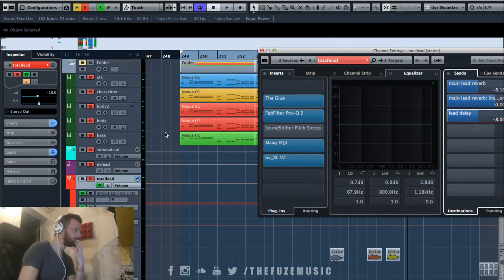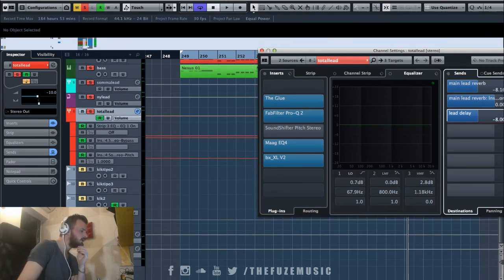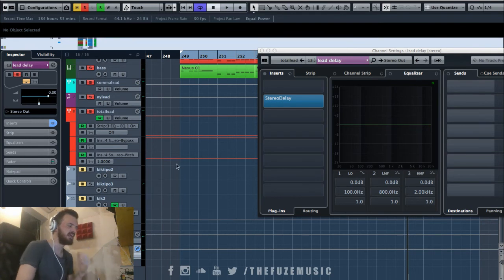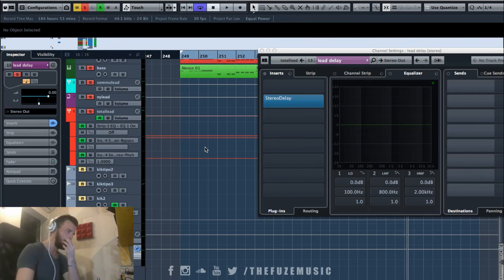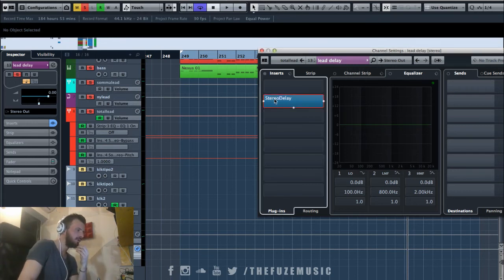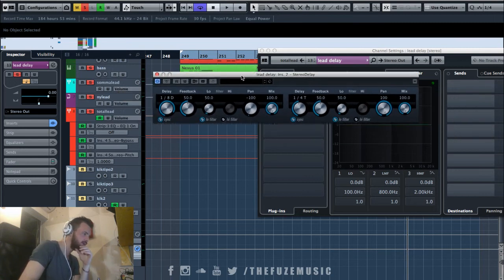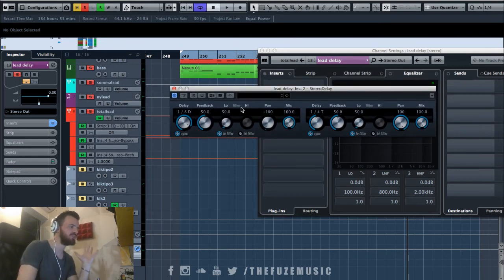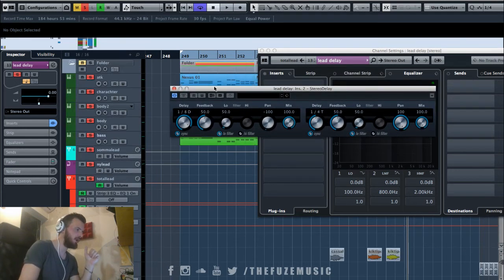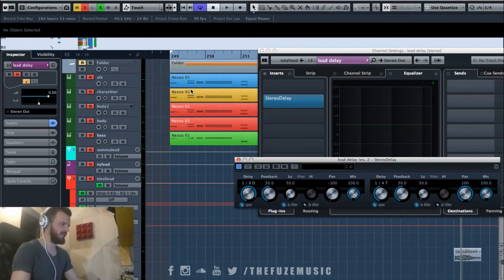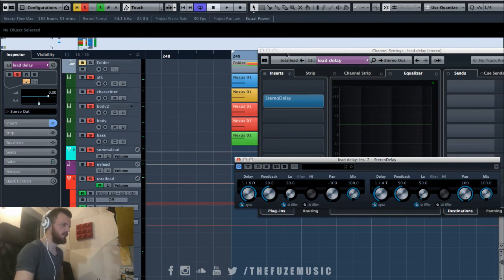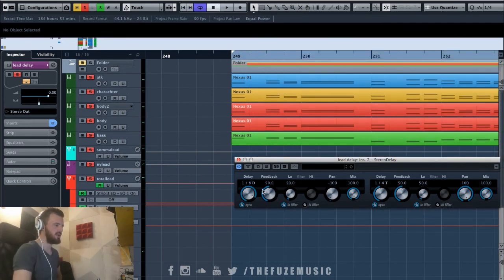Okay, so let's talk about this delay. As you can hear, the sound is spreading all around because I use this technique. I try to put a delay in the spot where there is no note. Let me explain it better. For example, now I have 1/8 dotted, 1/4 third. So